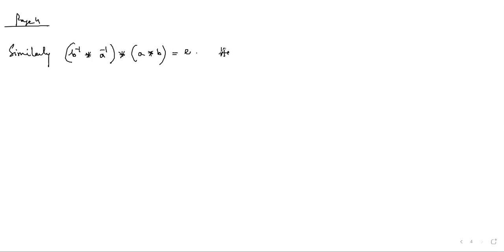And similarly, B inverse star A inverse star A star B is equal to E. That can also be shown. Hence, B inverse star A inverse is an inverse of A star B,